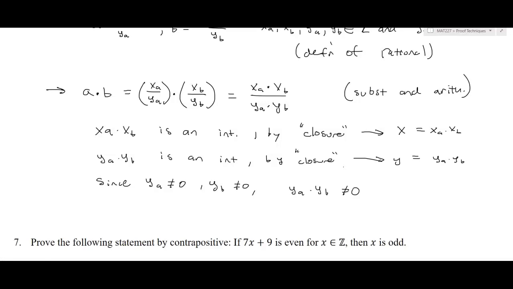And well, wait a minute. Now we can write our really final step here, the one that I like to always do, just to put a solid closure on this. So I see that A times B is the ratio of X and Y. And because it's the ratio of two integers where the denominator is not zero, this is a rational number by definition. And that's it. We've just proven our original statement.